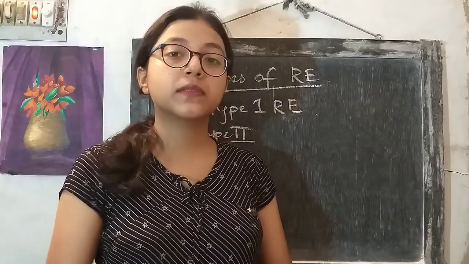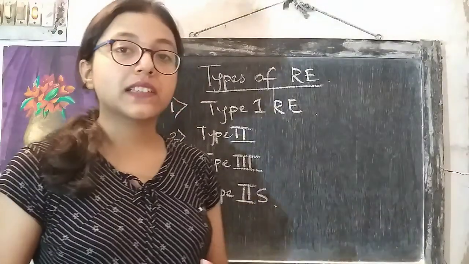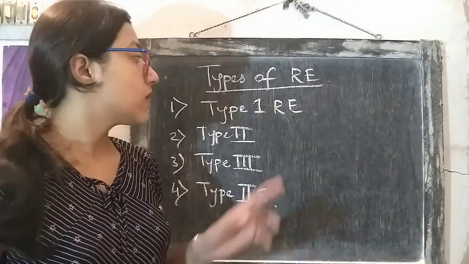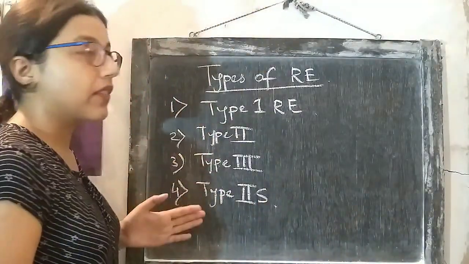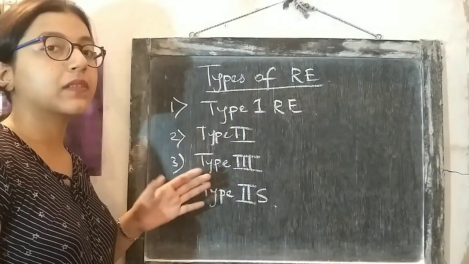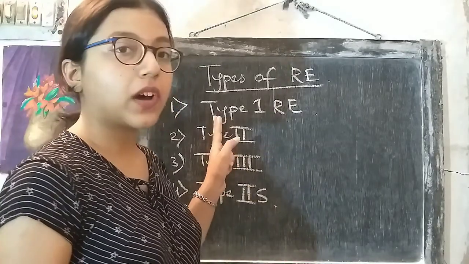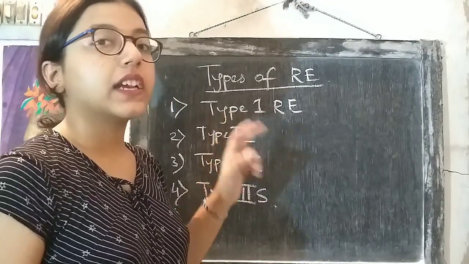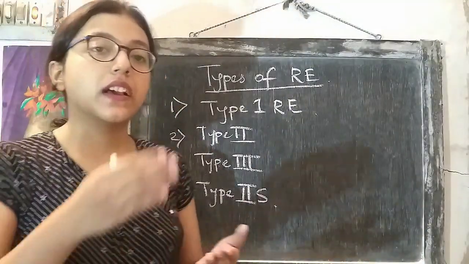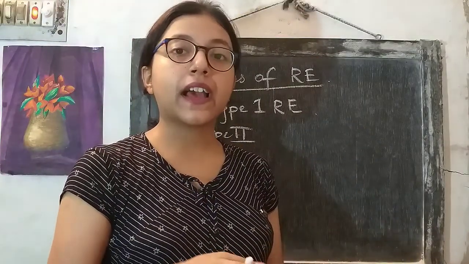Based on the differences between these two properties, the classification is done. So coming to the first, type 1 RE, the type 1 restriction endonuclease recognizes a sequence and modifies